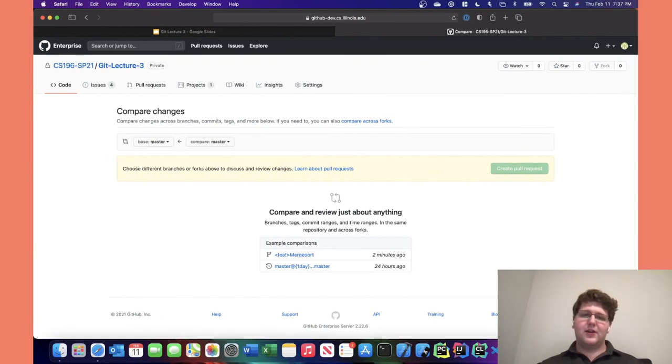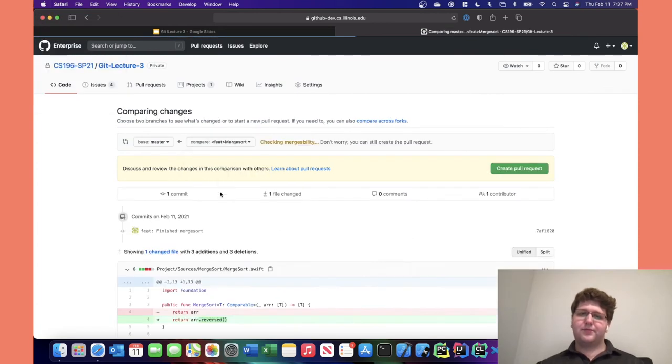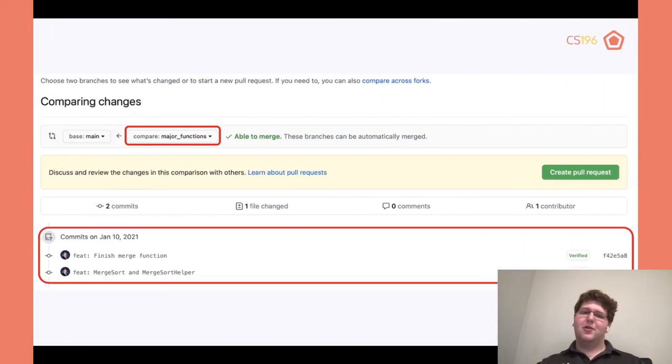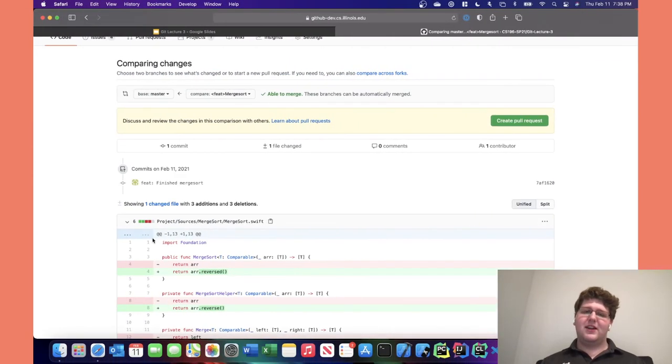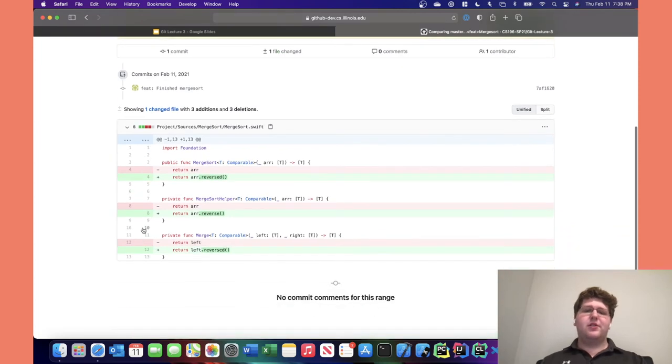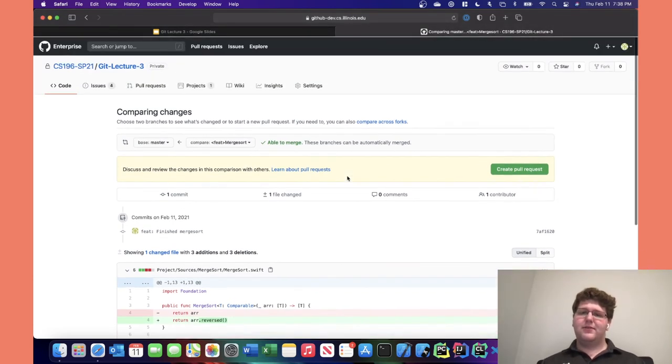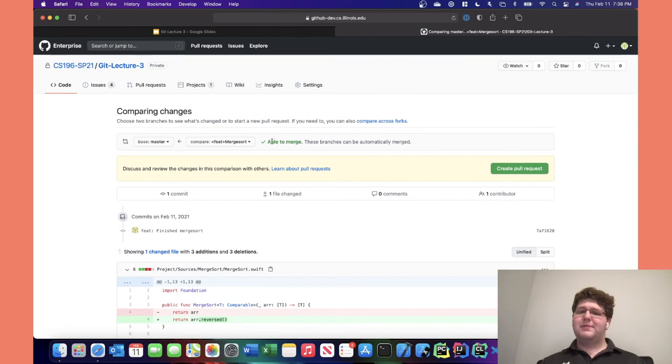So let's go do that. We are going to take a look at our example here. We're going to say we want feet merge sort. And now it'll say, okay, here are the commits. So here's more CGI. It will take a look at this branch and say, here are all the commits that are on this branch but are not on the branch you're trying to merge into. In this case, we have a couple commits. In our case, we only have one commit. It even shows you here are the changes that were made for that one file. So that's awesome. And you can take a look at who did it, any comments about it, all kinds of stuff. It'll also tell you whether it'll be able to merge or if you need to handle a merge